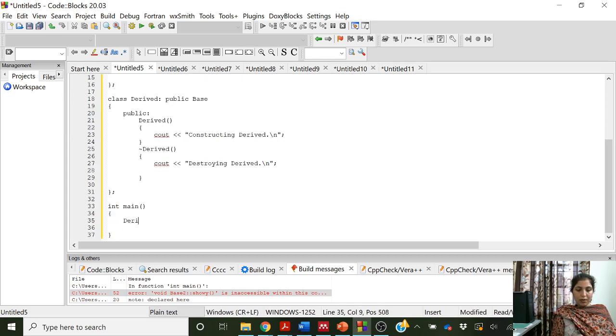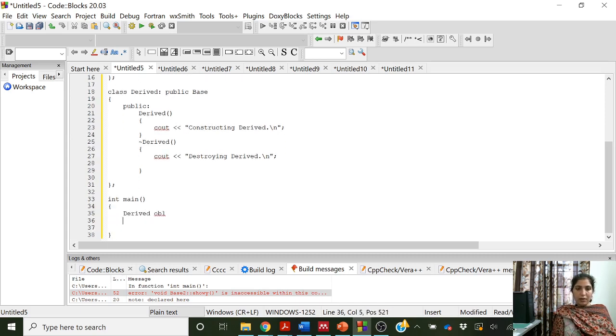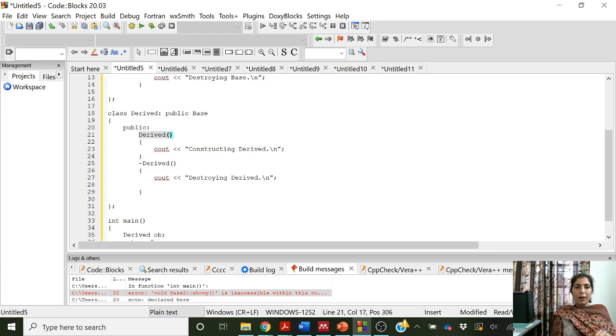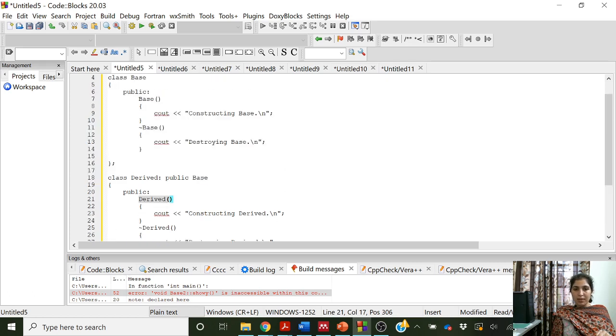and create an object of class derived. Return 0. So when we create the object of the derived class, then the constructor will be called automatically. So the derived class constructor will be called, but before executing itself, it will place a call to the base class constructor.